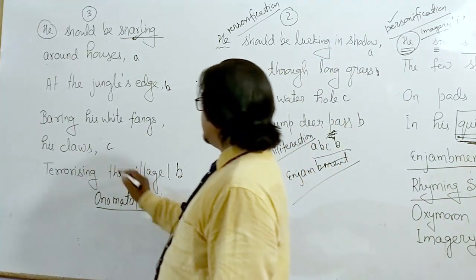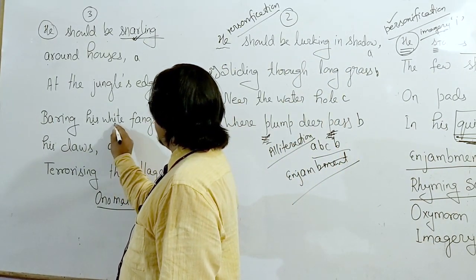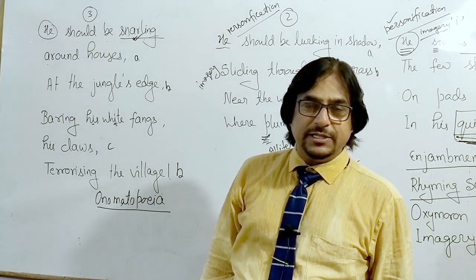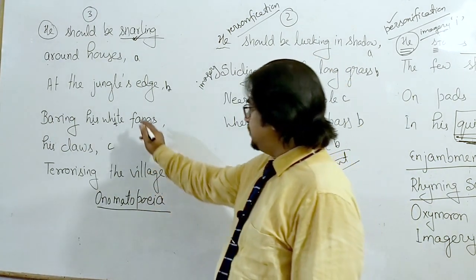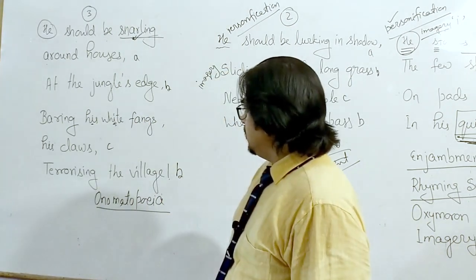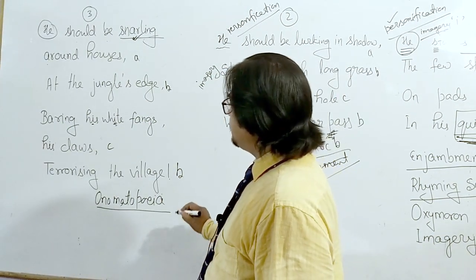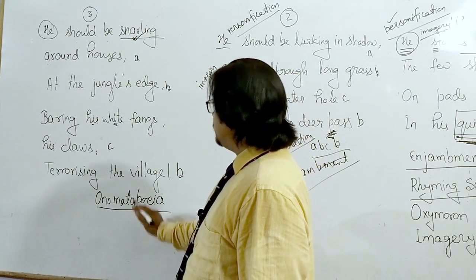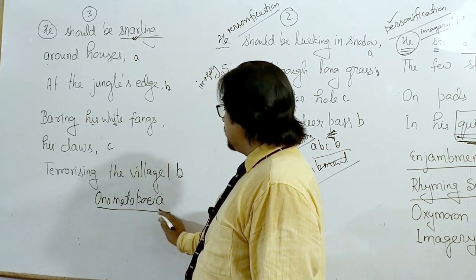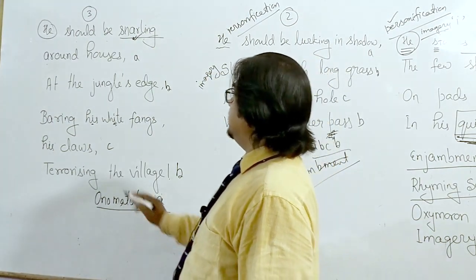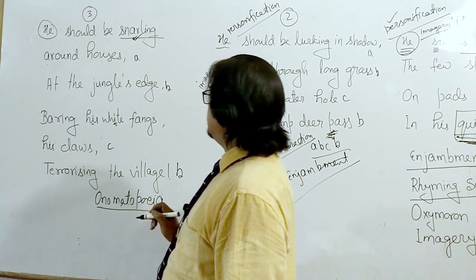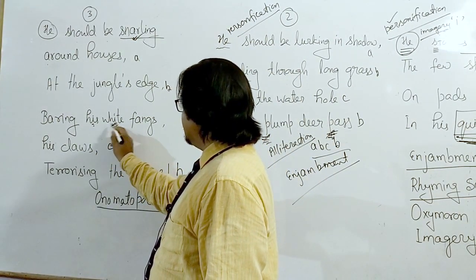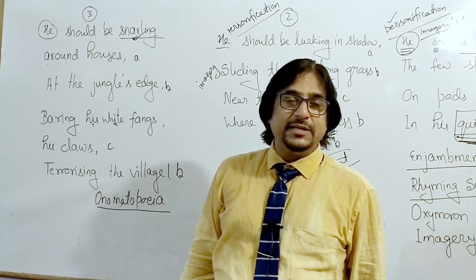After that, here the I sound is prominent, so the poetic device assonance has been used. The vowel sound is prominent here. So in this way, we can say that the same rhyming scheme is here. For the sound word "a snarling", onomatopoeia is used. And there is imagery, personification, and assonance, because the I vowel sound is prominent.